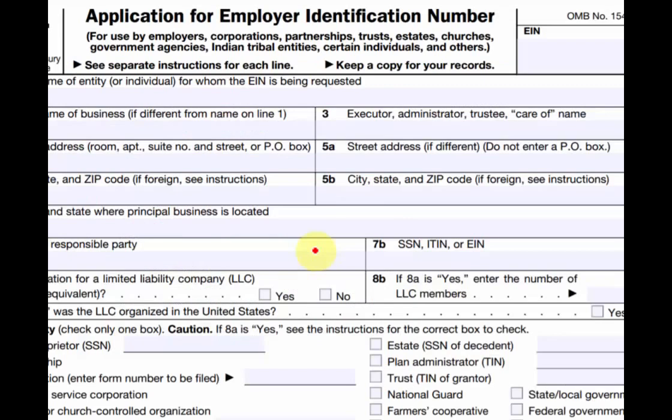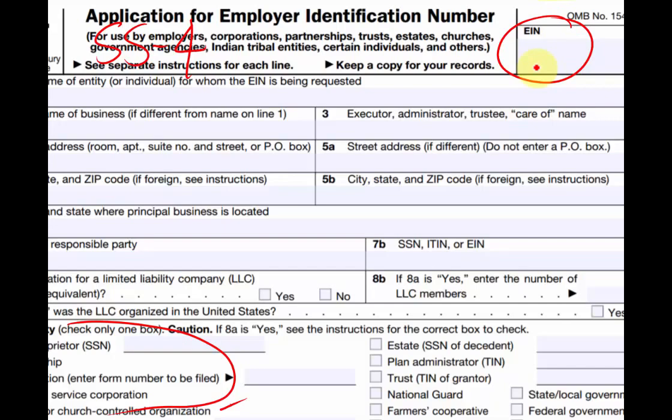The form, you can't see it up here, but it's Form SS-4, I believe, with some name and contact information, including what type of entity you are, like a nonprofit, like a church. Now you've got an employer ID number, but that still does not make you tax exempt or